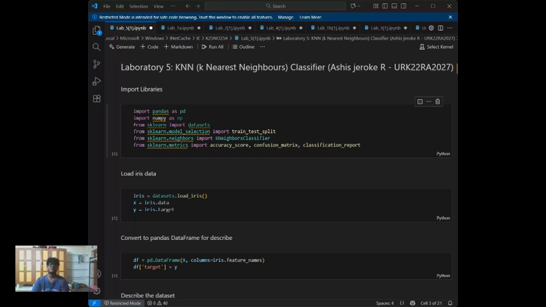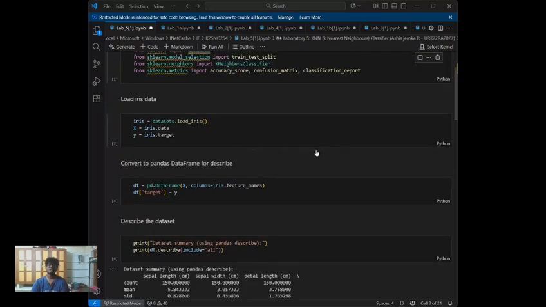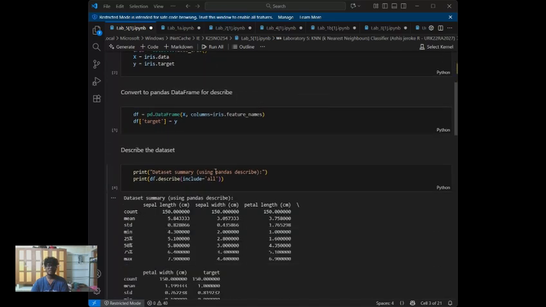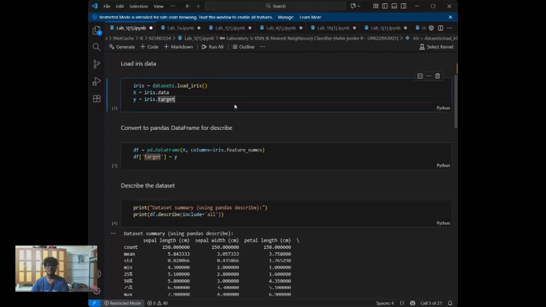The first step involved loading our essential libraries from scikit-learn, including the key KNeighborsClassifier. We then loaded the iris features and labels. The crucial preparation step is splitting our data. We used a 70/30 split: 70% of the data for training the model and reserving 30% as unseen test data